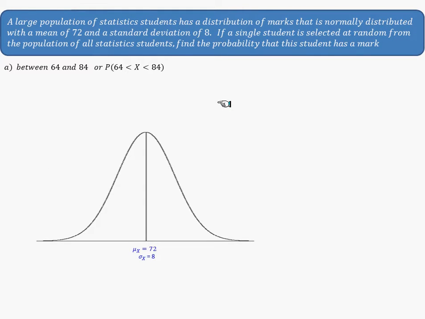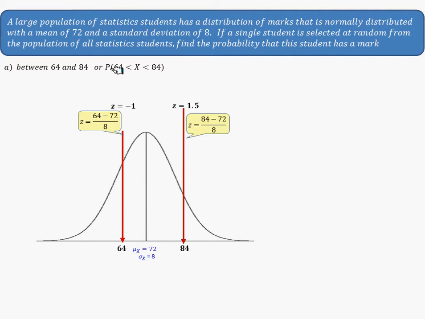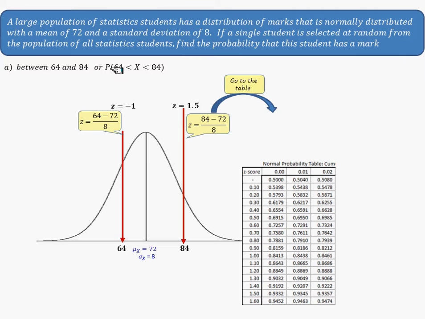Now we're going to apply that. For a population mean of 72, sigma equal to 8, what is the probability of getting an x value between 64 and 84? We plot them on the x-axis and look at the boundary lines. On the left, the z-score for 64 is -1. For 84, it is 1.5. Going to the table,